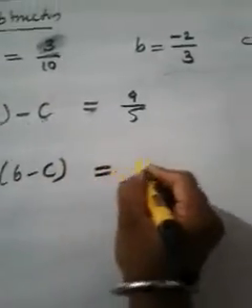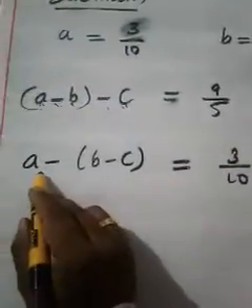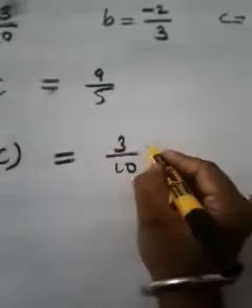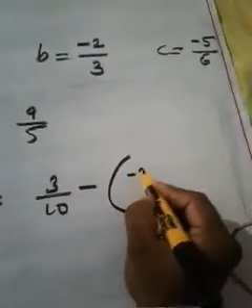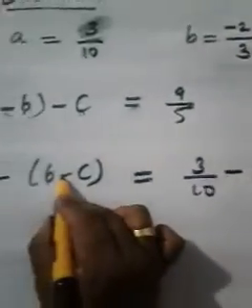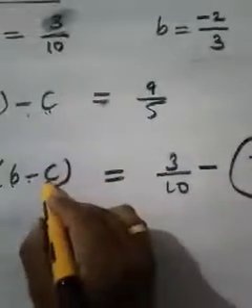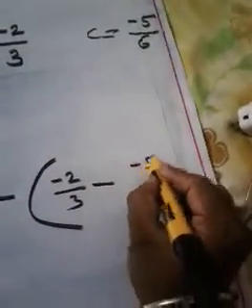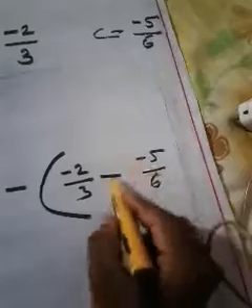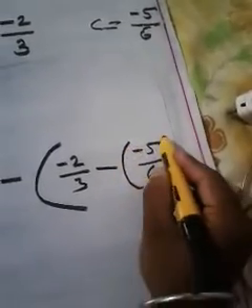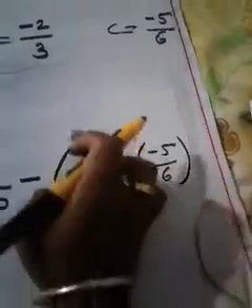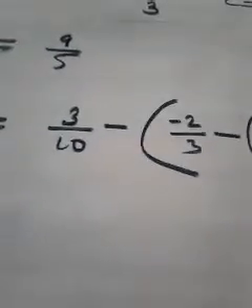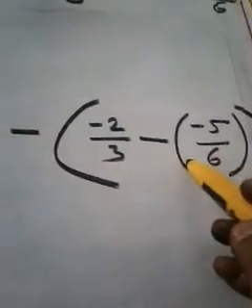You know that. What is a? 3 by 10. Then what is next? Minus. Then give a bracket. Then what is b? b is minus 2 by 3. And what is next? Minus. Then what is next? c. What is c? Minus 5 by 6. And here also, since both minus are coming together, just give a bracket to separate it. Then these both numbers should be in a group. So that bracket I have to close. You did not understand, no? If you feel confusion, you can avoid this bracket.